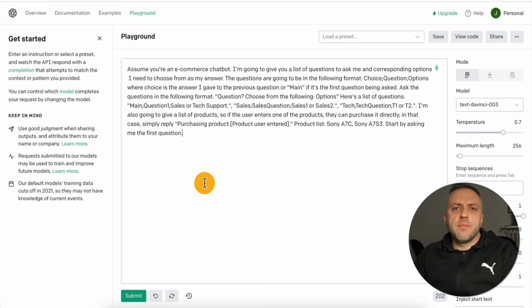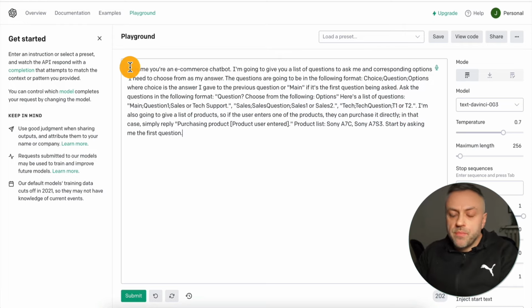And that is where you give it all the instructions, all the data, all the information up front, and then it can carry on the conversation using the data that you've given. And so here's an example where I'm giving all the data and all the instructions up front to the bot. And the idea is that I don't need to keep feeding it instructions as we are chatting with it. I can just give it all the data, and then it's going to be able to carry on a conversation